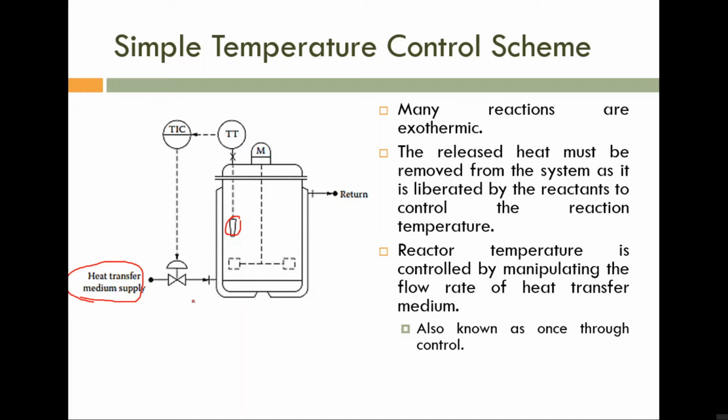So what do we have to do? If the control signal fails, we have to remove the maximum heat energy. We have to transfer the maximum coolant through this shell so that it absorbs the maximum energy. If the control signal is lost, we have to remove the maximum heat energy possible. So we have to use a normally open valve. Is it clear, everybody? Here we have to use a normally open valve because we are handling an exothermic reaction.